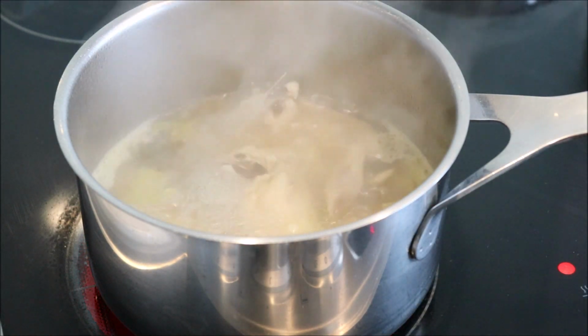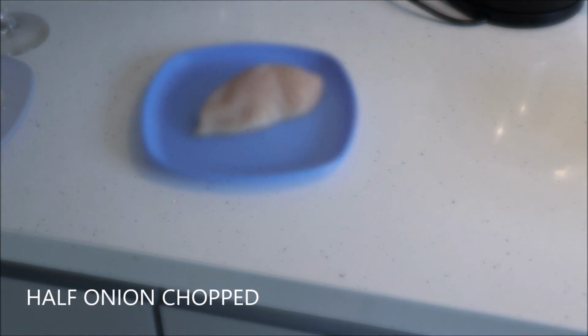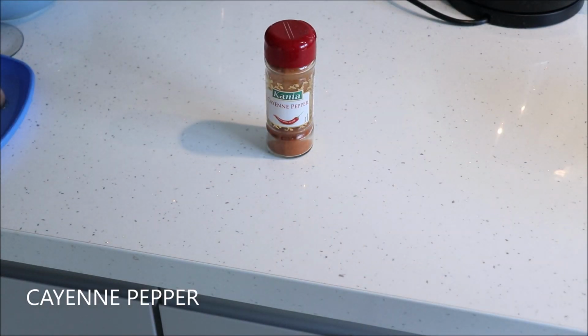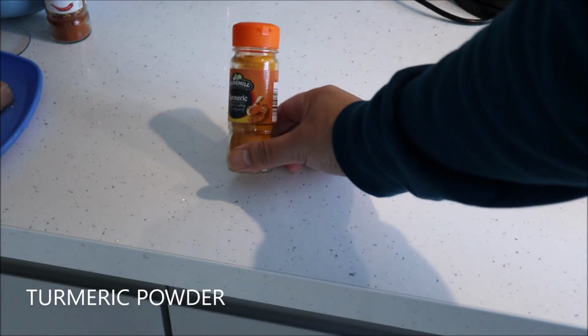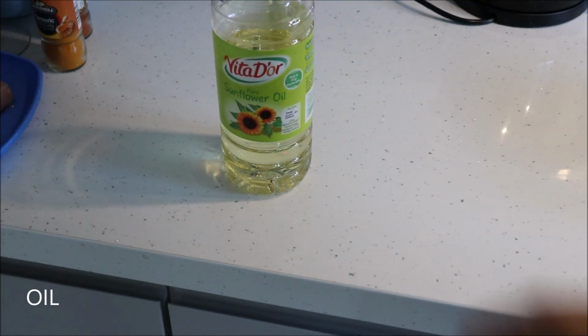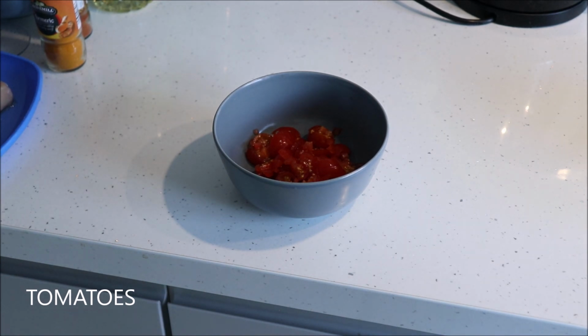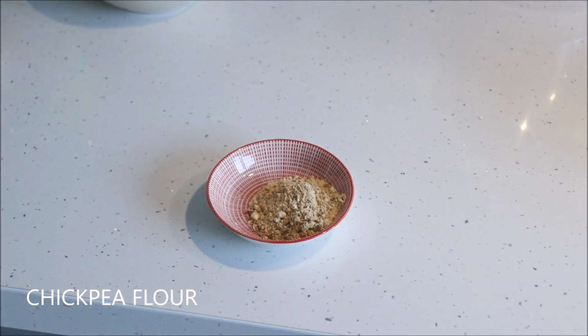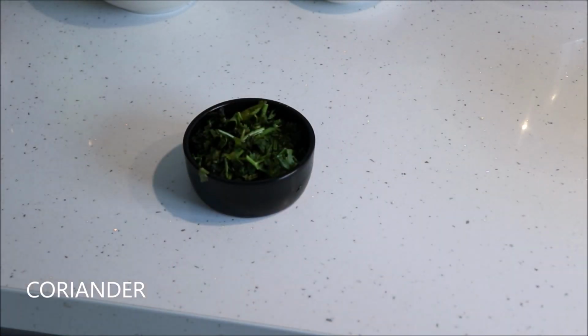Now on to making the Nan Gyi Thoke. Let's go through the ingredients that we'll need for that. 1 chicken breast, half a chopped onion, cayenne pepper, turmeric powder, cooking oil, 2 chopped tomatoes, a sliced boiled egg, chickpea flour, coriander,